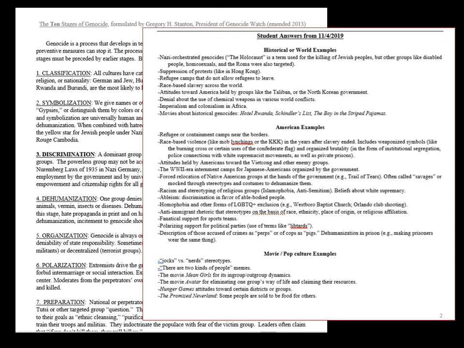If you're in the course, I also added in student answers from discussions we had in fall 2019 about examples that students in my class knew about for either lead up to genocide, some of these earlier stages, or genocides they had heard about. So if you're having trouble coming up with ideas about what does this refer to, what does it not refer to, this might help. These range from really seemingly innocuous distinctions, so examples of classification that could be just dividing jocks and nerds in a high school, but that's a kind of classification and abstraction that removes humanity from a group. And that can move down the road to use of stereotyping words like libtards in political discourse today, to action examples like race-based violent refugee and containment camps near the border, and into full-blown genocide that America has either played a role in or